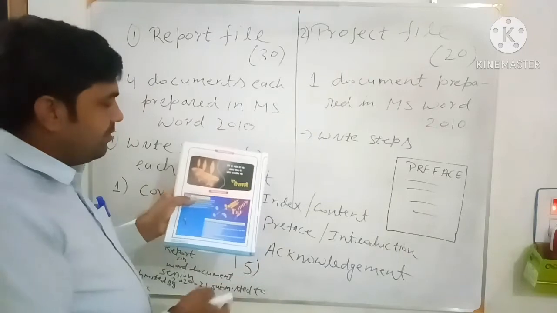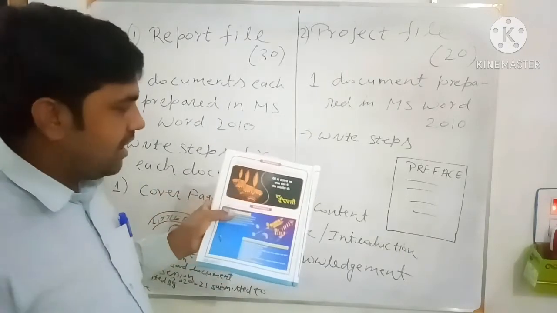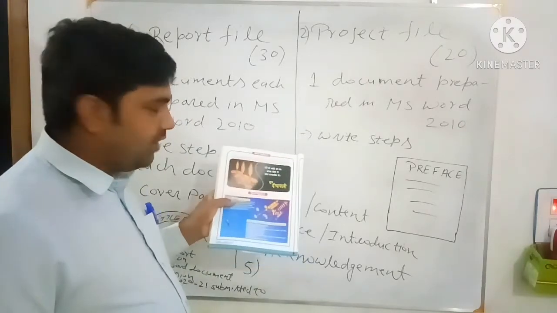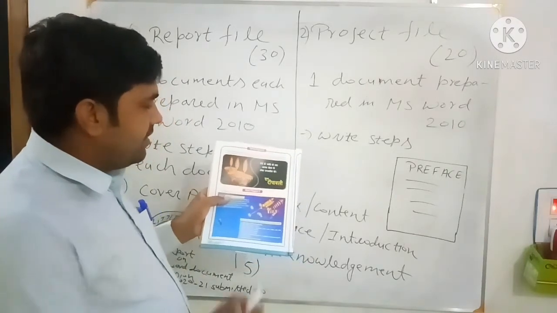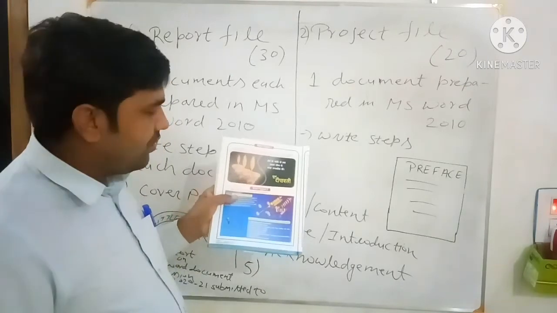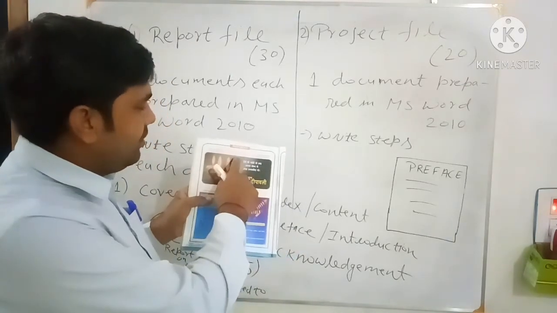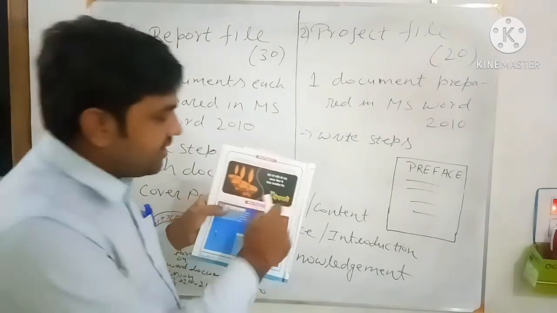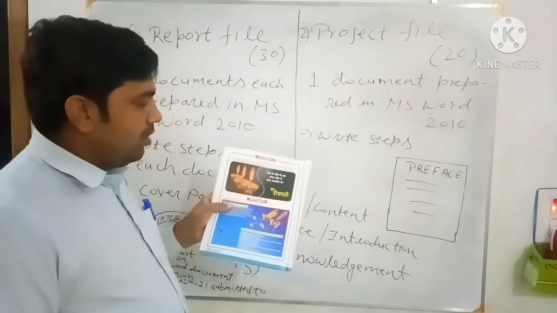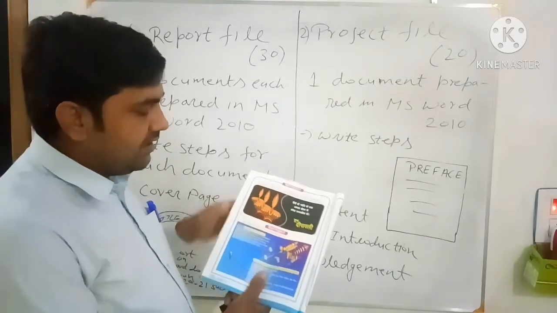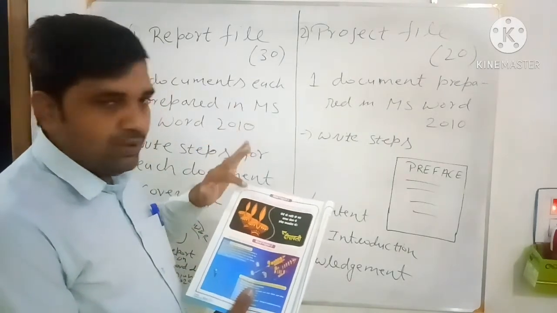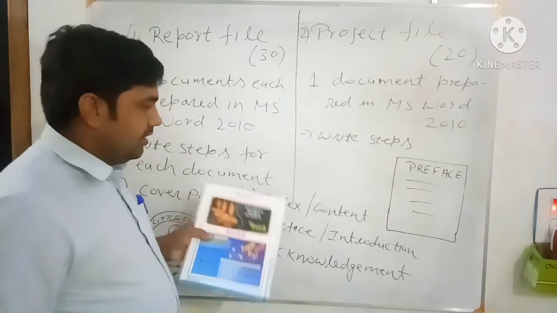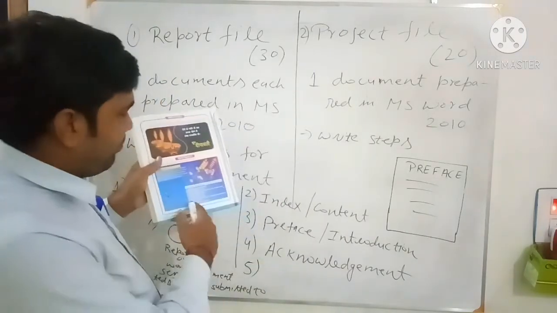In the steps you can write how to prepare the greeting cards: which images you have used, how you have inserted the images on the Word page, which font style you have used for writing. Like see here it is mentioned, use suitable Hindi fonts like Kruti, Devi and Devanagari. And which size you have taken. Whatever formatting style you have used, you have to mention in the steps how you have prepared it. Similarly, you write the steps for the poster also.